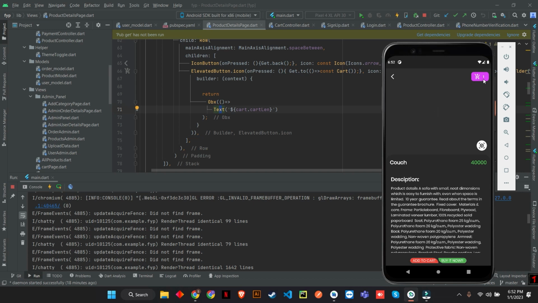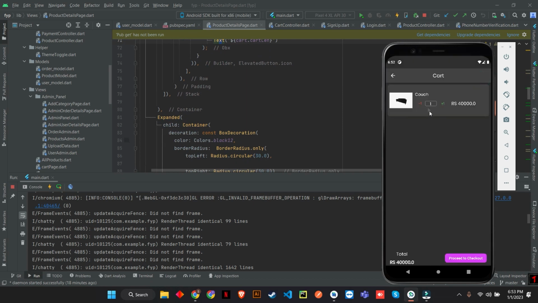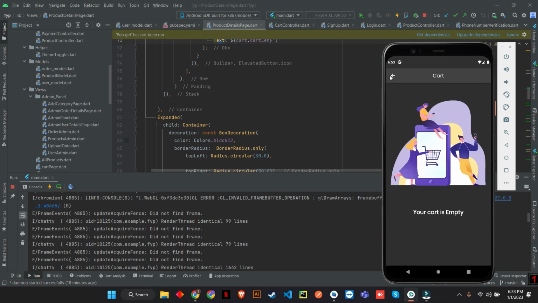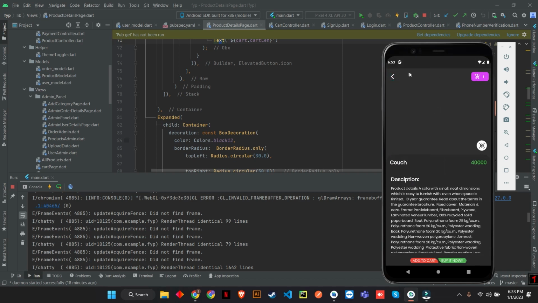So as you can see, when I tapped on add to cart, it just increased the number of the list, which added this product in that list, which had this price, this was the name of the product, and one quantity, which I can decrease, but because it is one, it's not going to decrease. I can increase it, I can decrease it, hold the calculation, and if I want to remove, I will just do this and it will remove the cart. And so